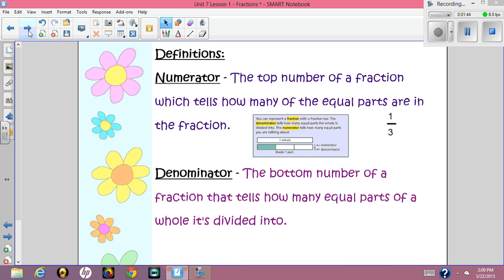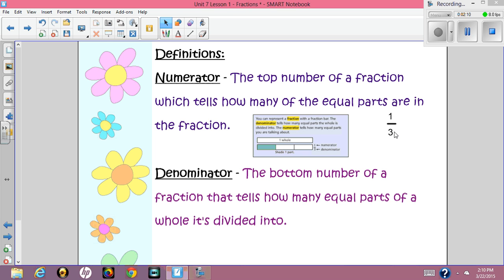A lot of you may not be familiar with what a numerator and a denominator are, so let's look at this. The numerator is the number on the top of a fraction, which tells us how many equal parts are in the fraction. So if you look at this particular fraction right here, we have 1/3. So there is one